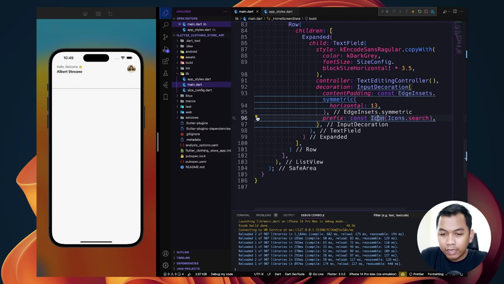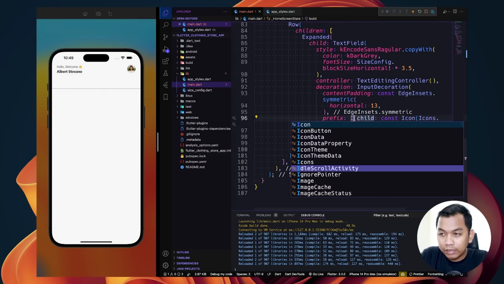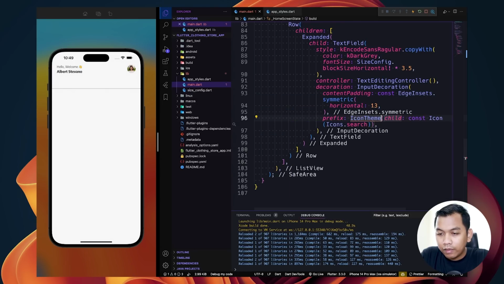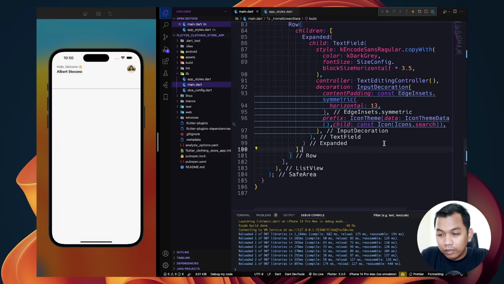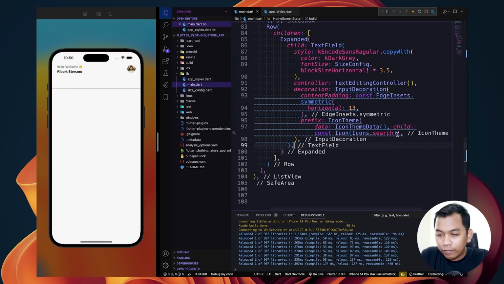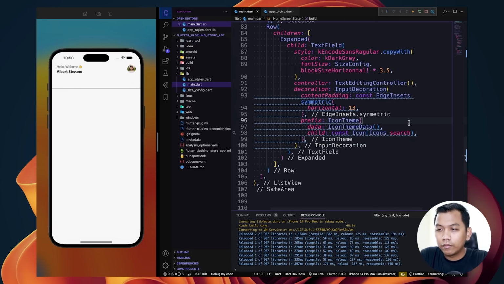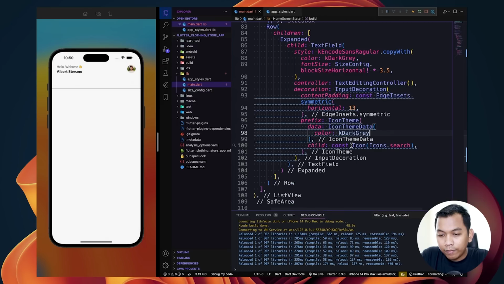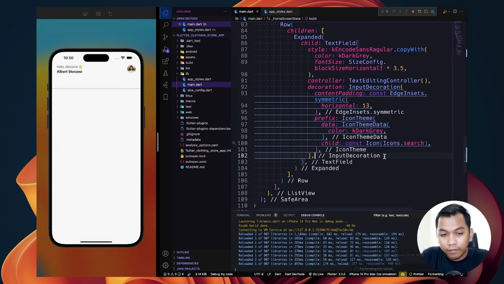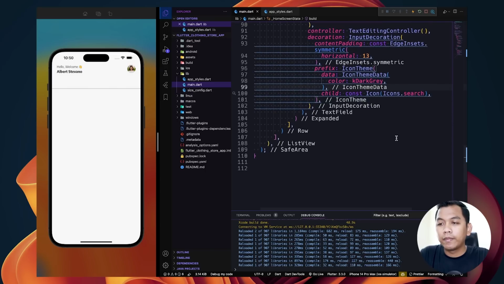We need to wrap this icon using another widget which is icon theme, and we need to say data here, and for the data, icon theme data, and inside this icon theme data we can say color. We use k dark gray. Alright, and the next is a